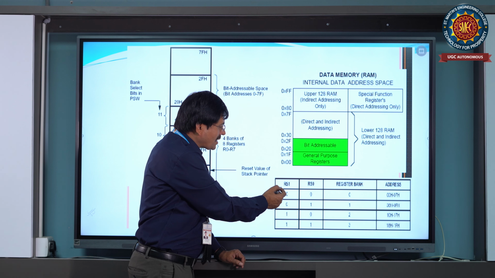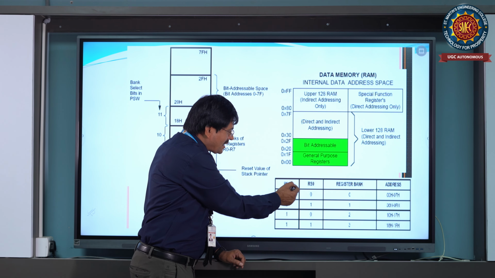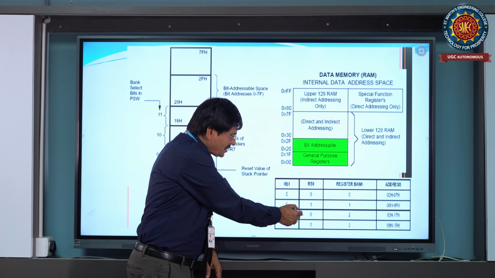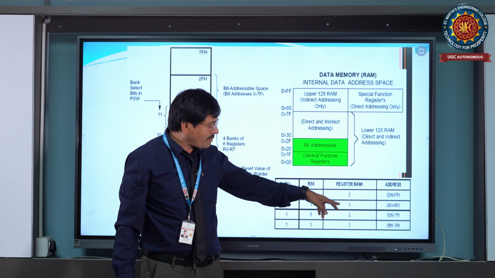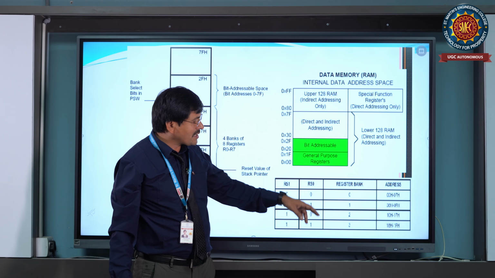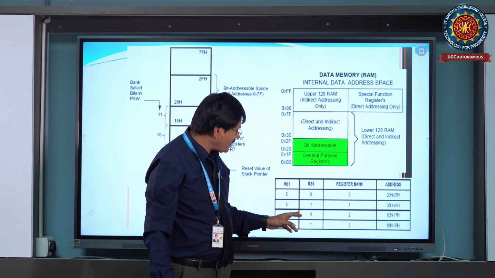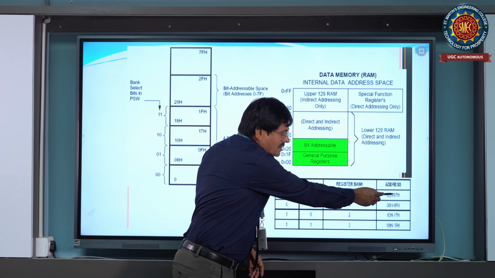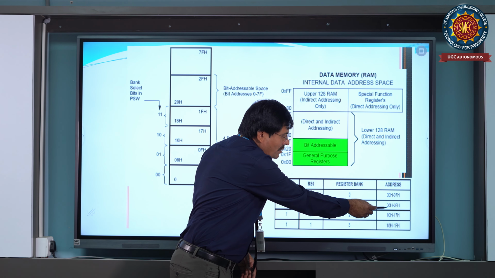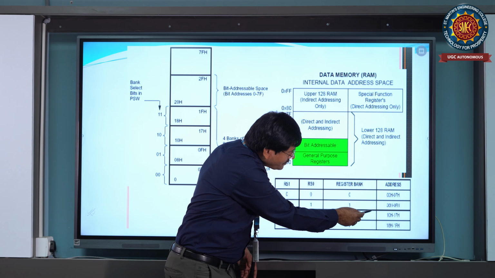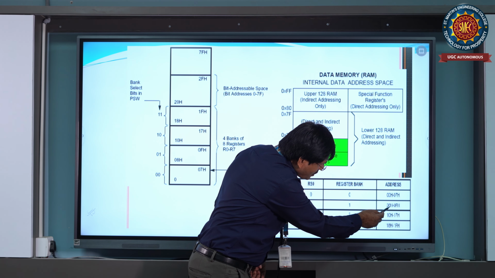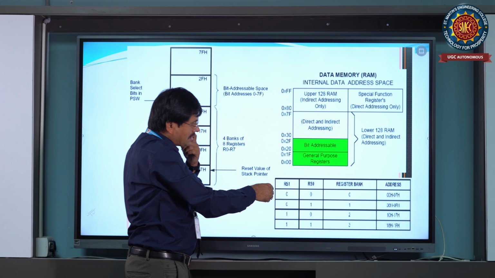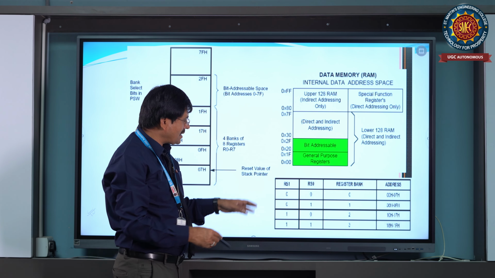register, the program status word register. So for selection of the bank, here are RS1 and RS0. If they are 00, 01, 10 and 11, they select bank 0, bank 1, bank 2 and bank 3, and their starting addresses are also given. The range of the bank addresses: bank 0 starts from 00 to 07H, bank 1 from 08 to 0FH, bank 2 from 10 to 17H. These are all the bank register addresses.